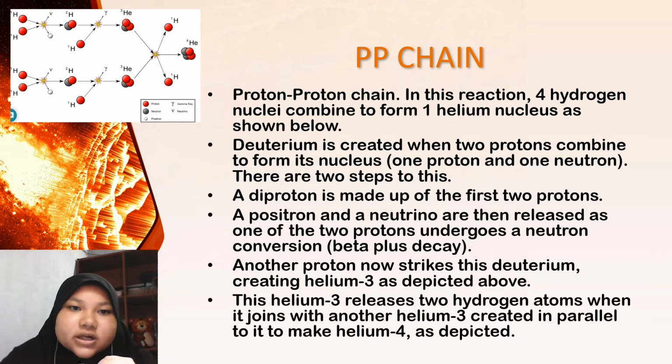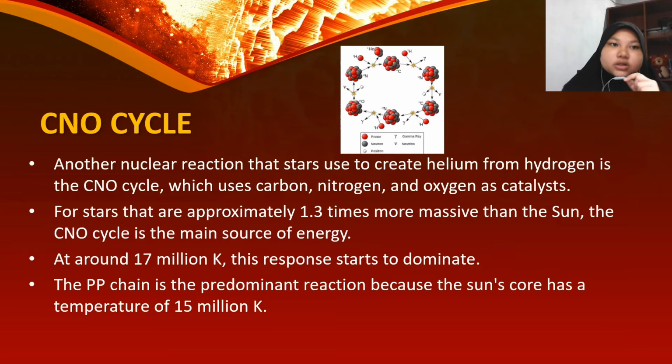This helium-3 combines with another helium-3 to produce a helium-4 nearby, releasing two hydrogen atoms, as shown in the photo given. CNO stands for carbon, nitrogen, oxygen. The CNO cycle is yet another nuclear reaction by which stars produce helium from hydrogen, using carbon, nitrogen and oxygen as catalysts. The CNO cycle is a dominant source of energy for stars that are about 1.3 times more massive